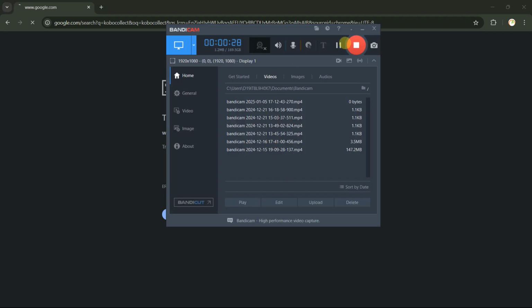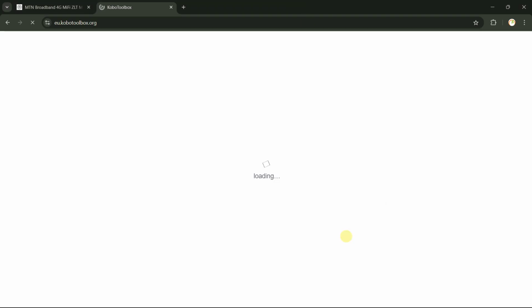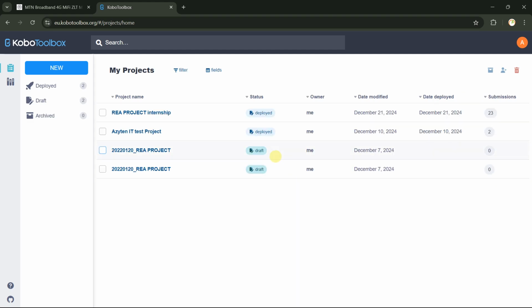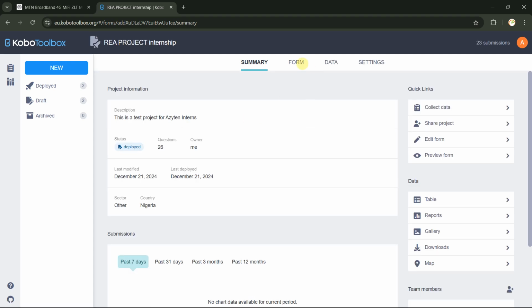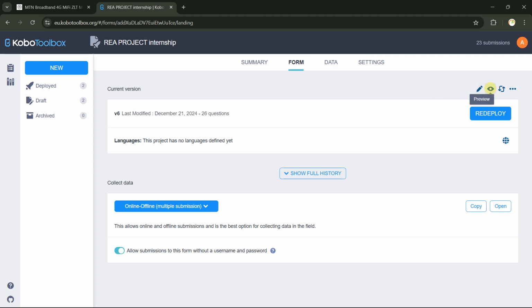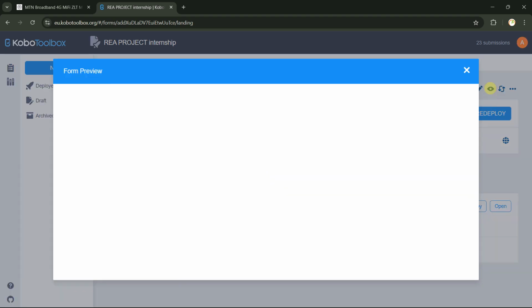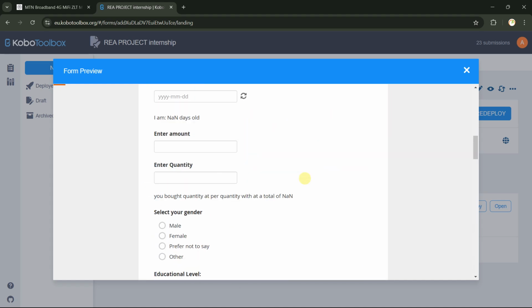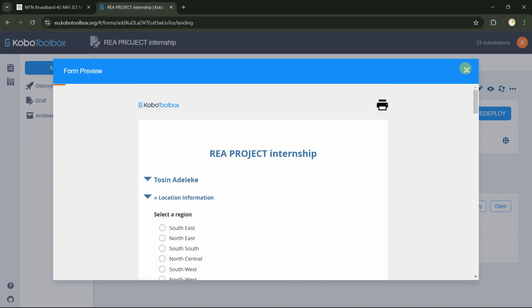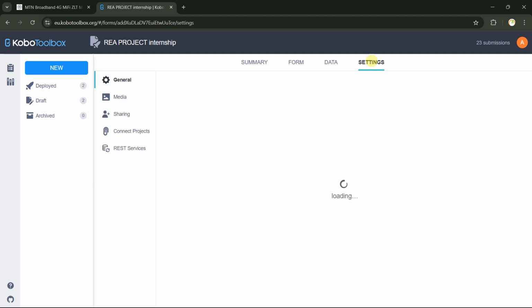And so I'm trying to log into my Box platform. So let's assume that this is the form I actually want to make available for people to use. Just go to the form and just preview. Just want to make sure that this is the form I actually want to make open for everybody to actually use. So now that I've confirmed that, what I can then do is just go to settings and go to